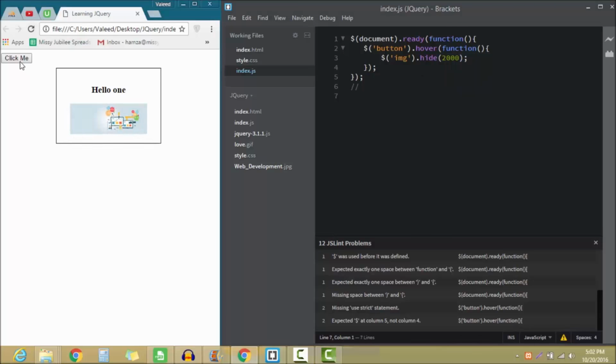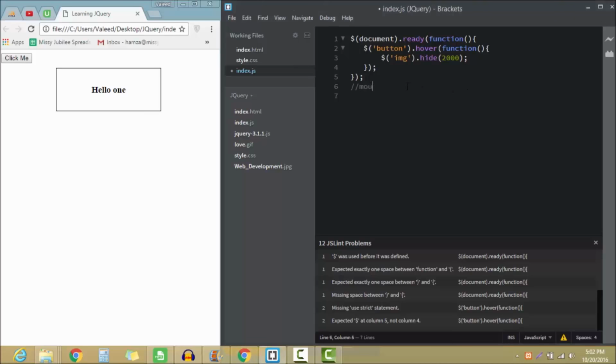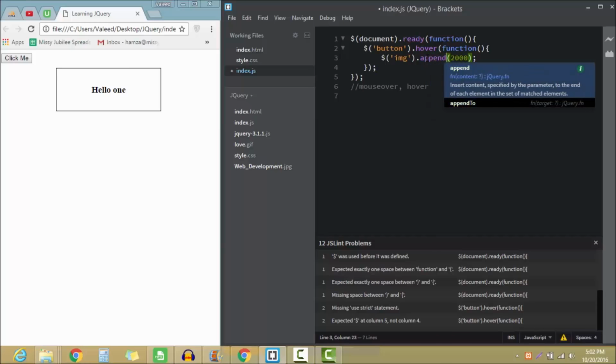In this class we have worked on two events, mouseover and hover, and we can use them, or if I want to use any other element like h2, this should be in double quotations, and I'm going to write hello